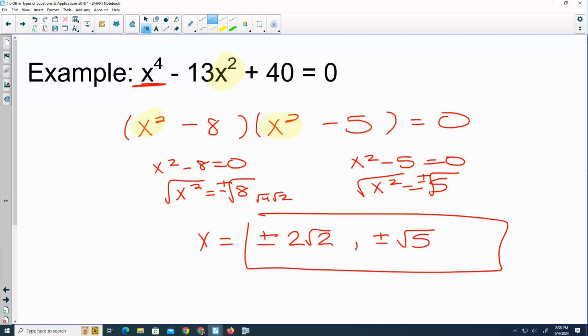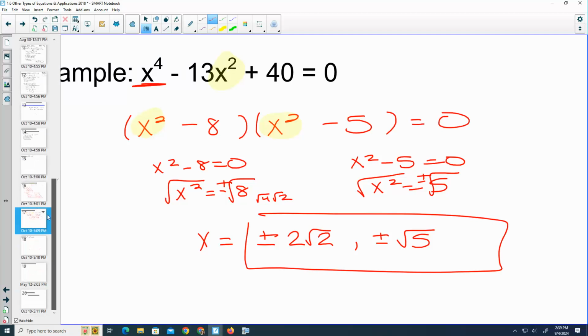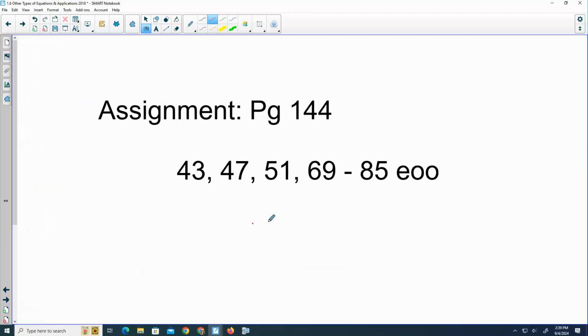That is where I'm stopping today. So I want to give you guys some time to work. All the book problems are due tomorrow, and then tomorrow we're just practicing all these different types of equations again. So nothing new tomorrow, just a practice day. So you can put this with last night's homework if you have space. Remember, my EOO means every other odd. If you don't like, you can write them all out if you don't want to do EOO. So that'd be 69, 73, 77,